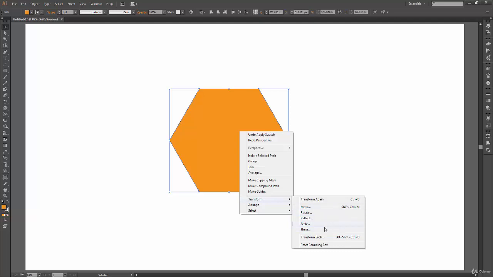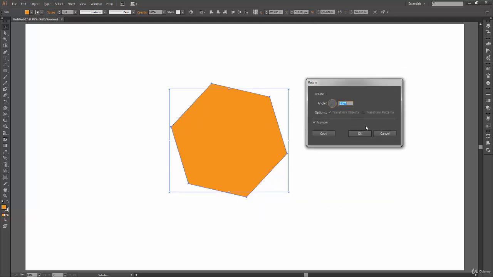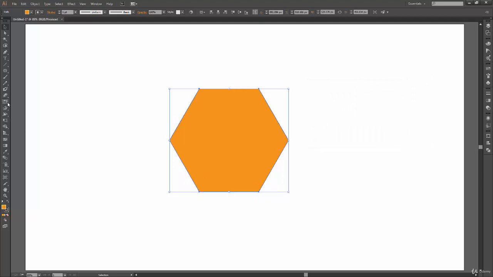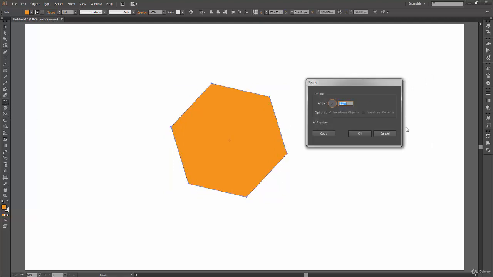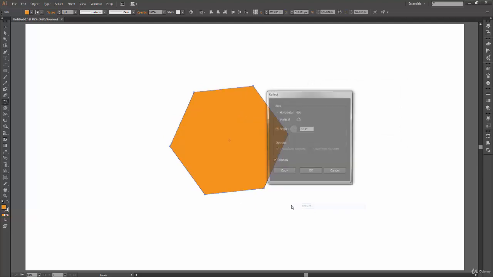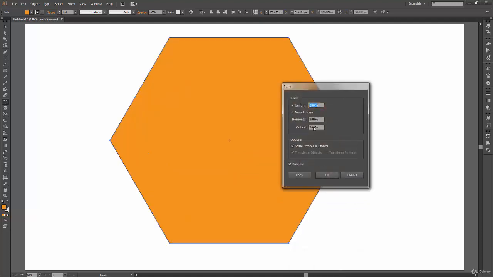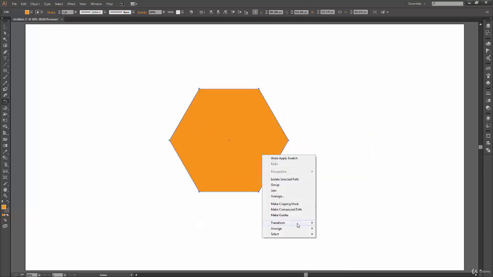So we have already covered all these options in the tools. Even if you click on one of them, let's say rotate, you can see we get the same option window which we used to get when we double click on the rotate tool. The functionality is still the same. You can right click on any of them, and for reflect we have the same option window which we have covered already. Again, if we go to scale, we have seen this option window and covered it entirely. So I'm not going to cover these windows again and again.